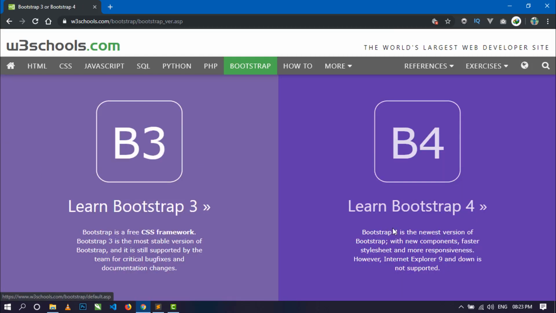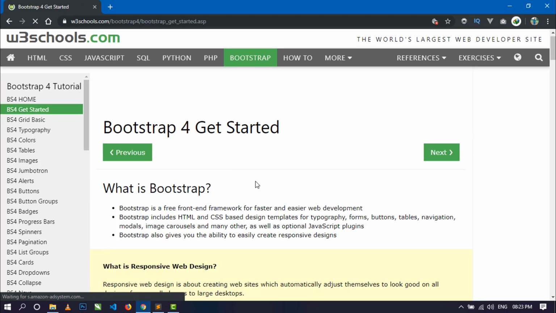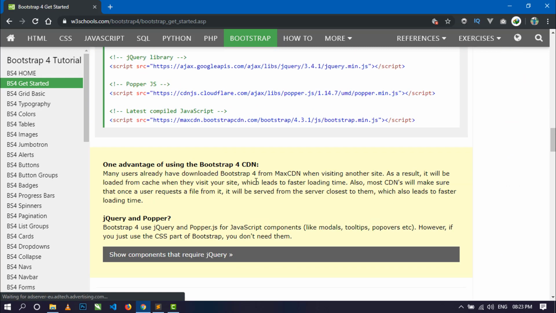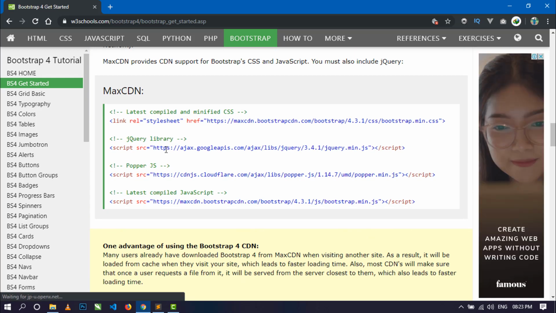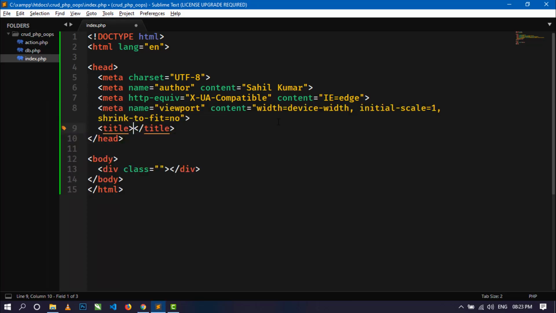Now click on Learn Bootstrap 4 and click on BS4 Get Started. Go below, here you will get all the CDN links of Bootstrap 4. So just copy the first CDN link. This is the bootstrap.min.css. So just copy and paste